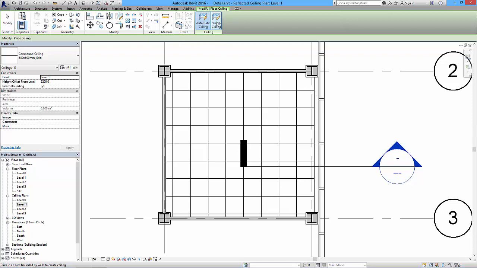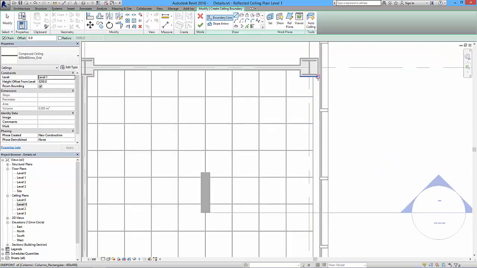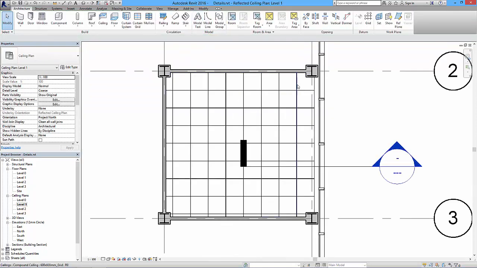I can click on this one, sketch ceiling, and this gives me the sketch based tools which we are now very familiar with, and I could use the pick lines or I could just draw the line, and it's probably just easier to draw the line around the boundary and then stop it wherever you want it. If I wanted my suspended ceiling to run to this edge, so it was more in line with the back of this, then I could just hit escape a few times, close out of that, select the ceiling, and then